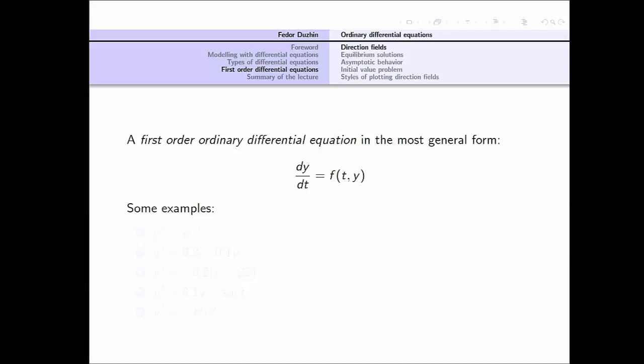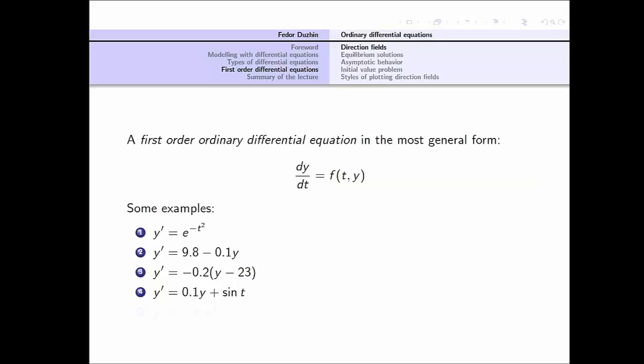Right, so before we continue with the main definition, let us recall that the most general form of a first order ordinary differential equation is when the left-hand side is the derivative of the unknown function, and the right-hand side is some expression that involves the independent variable and the unknown function, right? So here are a few examples, right? Of course sometimes it doesn't actually feature y or t, but sometimes it has both y and t, but as long as the right-hand side does not contain, say,